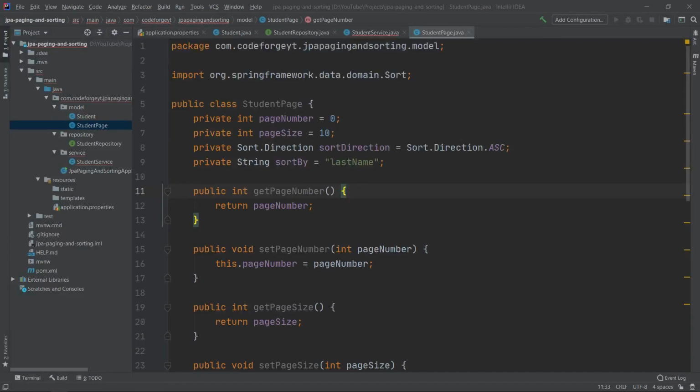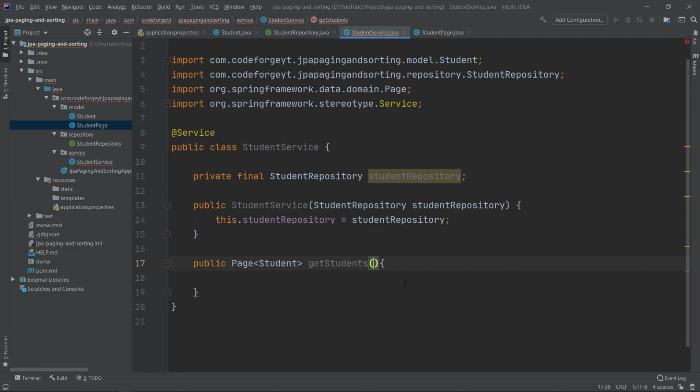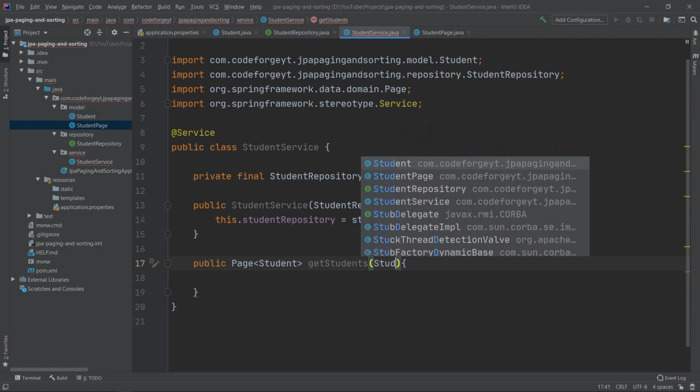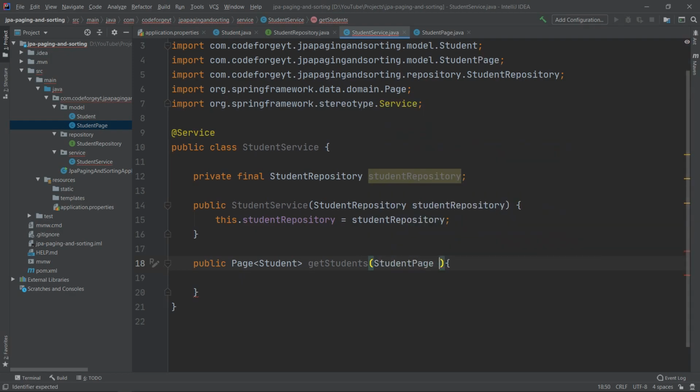Okay, so our StudentPage is ready. Now we can go back to the StudentService and specify it as the parameter of the getStudents method. So we want to say StudentPage over here, which is the type, and we want to have the same name. We'll receive the StudentPage data from our API consumer,